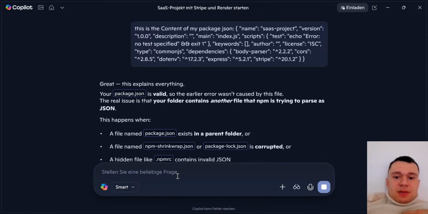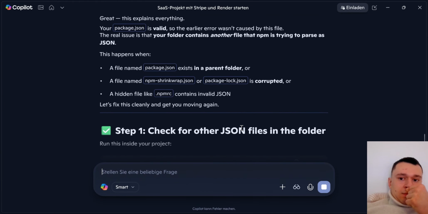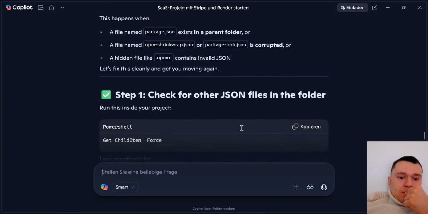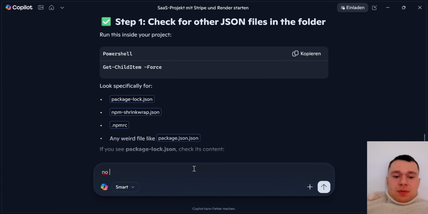It is valid, so it wasn't caused by this file. No, no, no. There was an empty one before. The command deleted it and now